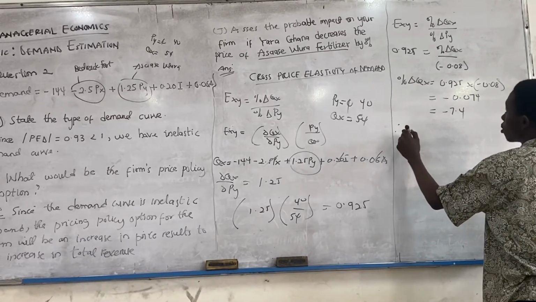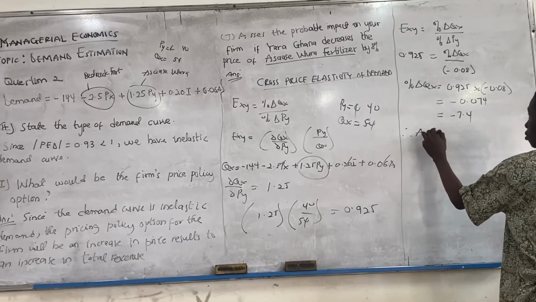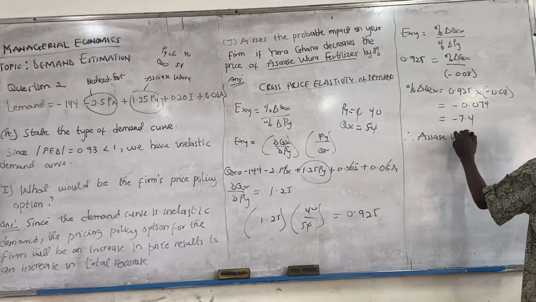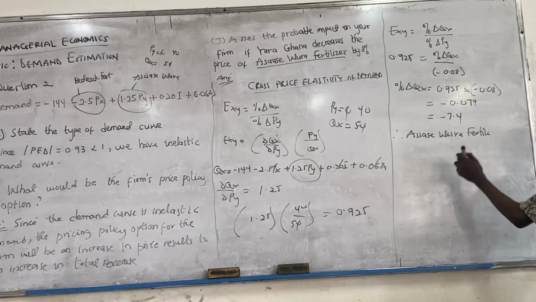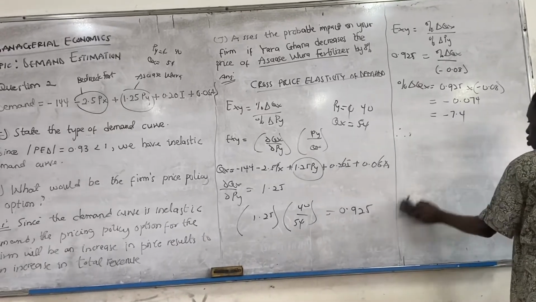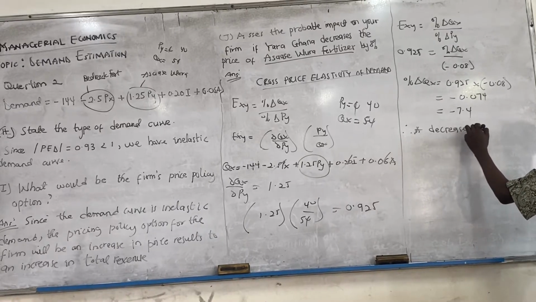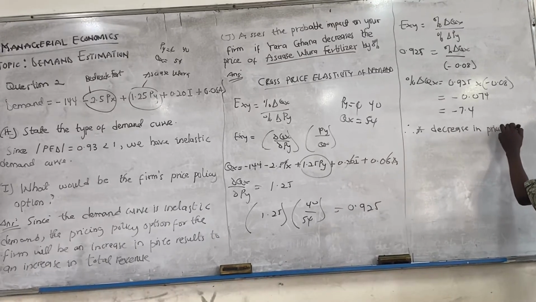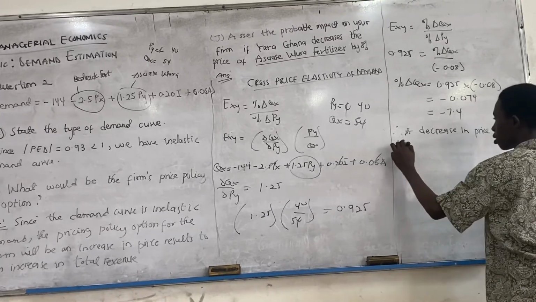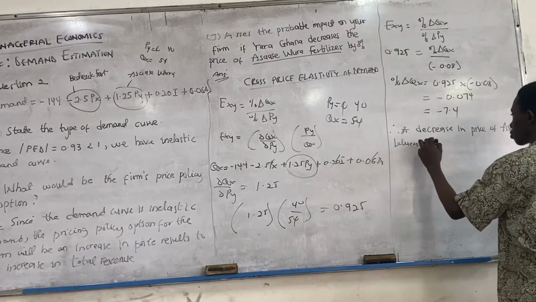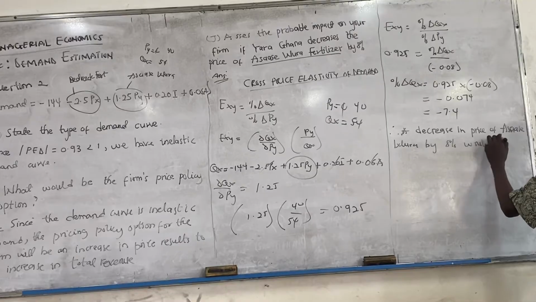So therefore, a decrease in the price of Asasura by 8% would